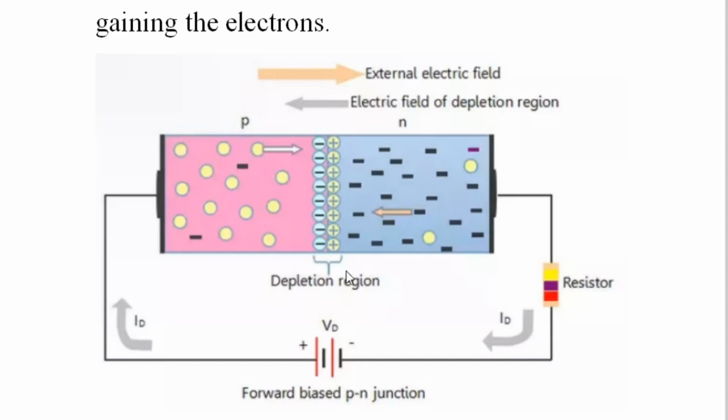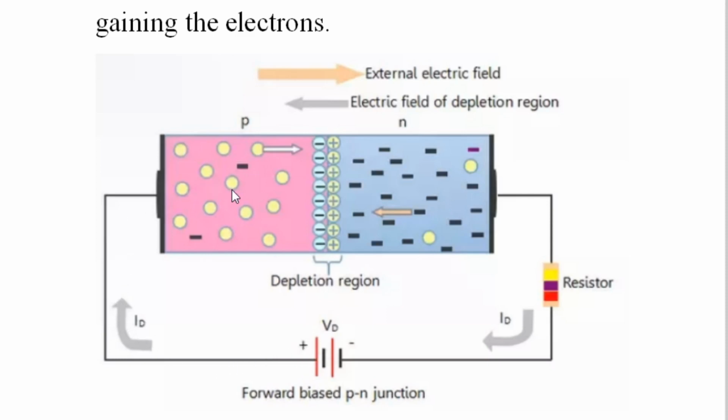And here, when you connect the battery in forward bias condition, meaning anode to the positive, p-type material is the anode of the battery, n-type material is the cathode of the battery. So p-type material is the anode of the diode, and n-type material is the cathode of the diode. When the anode of the diode is connected to the positive of the battery and the cathode to the negative of the battery, what happens? Actually, the source of electron is the negative terminal of the battery, but the conventional direction of flow of current is like this.